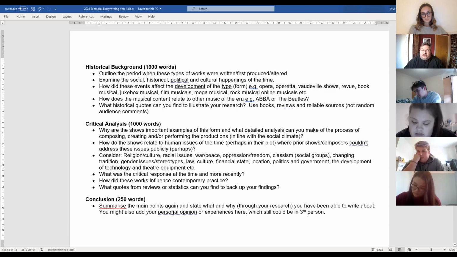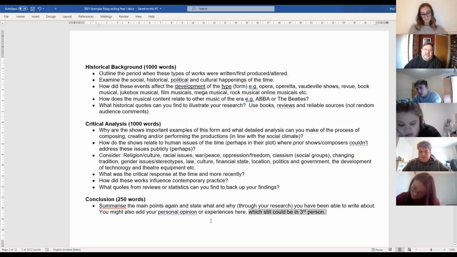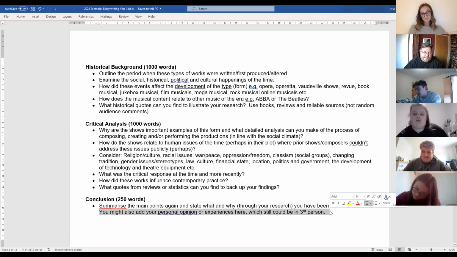And if you've performed these shows, perhaps, or you've seen the shows, you could actually add some personal opinion, and that's where I would let you do first person, thinking I have performed these shows and I feel that so-and-so. However, you can still talk about yourself in third person. So when singing the part of Joanna, it's very important to make sure you're singing a lovely soprano which fits the key, the mood, etc., or whatever it is. So you can still talk about your own personal experiences if you're learning these songs as well.